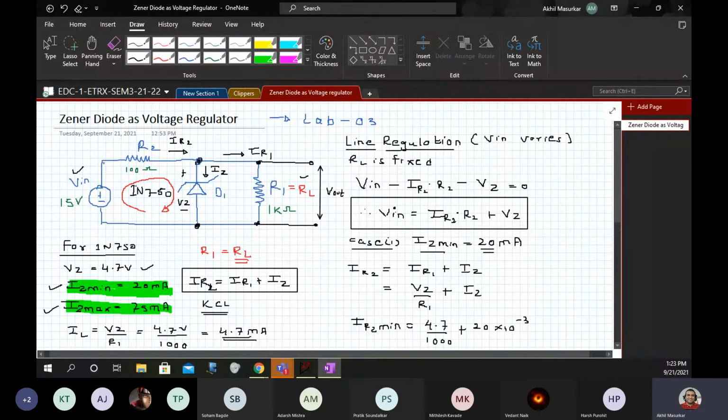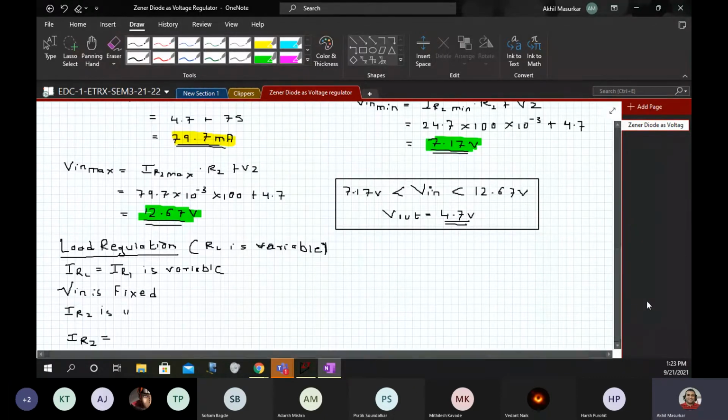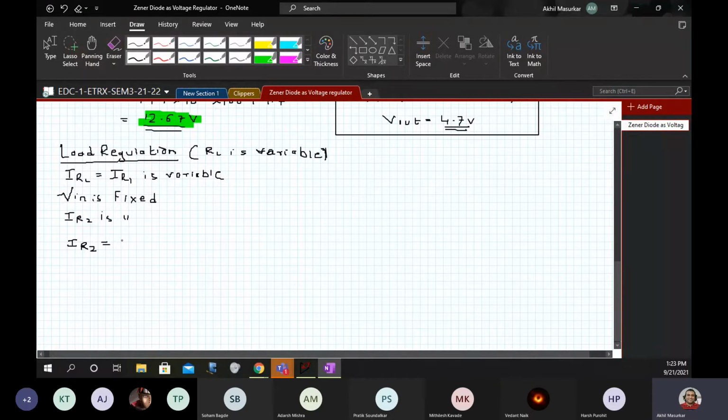If you look at the circuit, this is IR2 and now Vin is fixed. On this side you have Vin, at this node you have Vz. So it will be Vin minus Vz upon the resistance, that is 100 ohms. I am just writing the formula here. That will be Vin minus Vz upon R2, which is going to be 15 minus 4.7 upon 100.